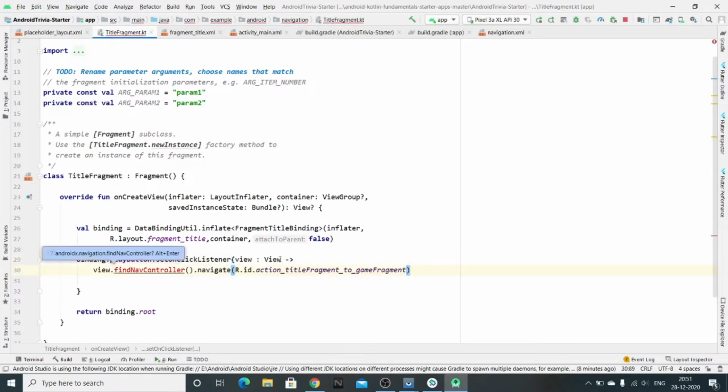Okay, so what we have, let's import this. So what we have over here is a function, set on click listener. It has a parameter, that's view, and this view will be calling the find nav controller, and this nav controller will help us navigate from the title to the question fragment.